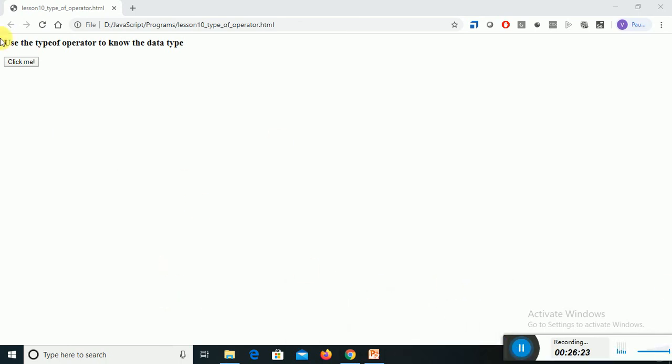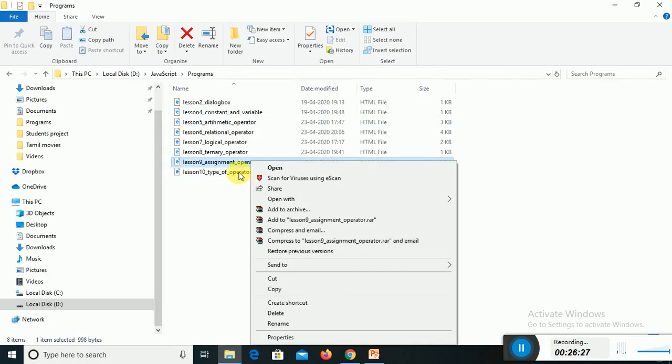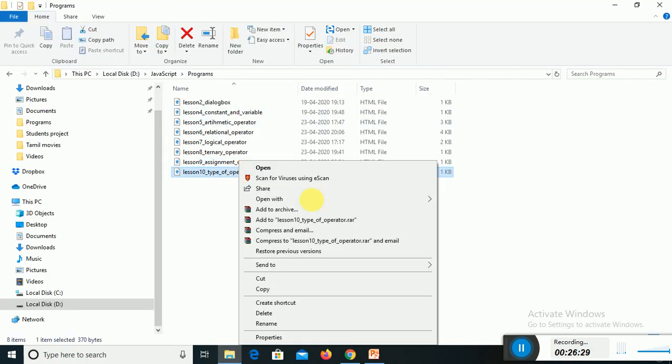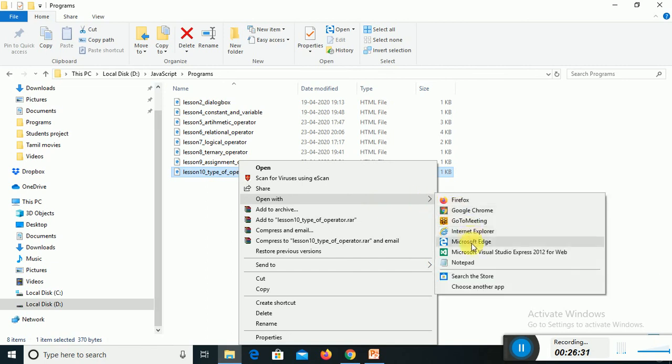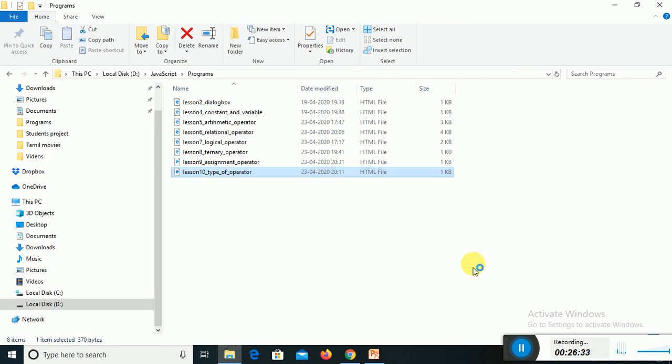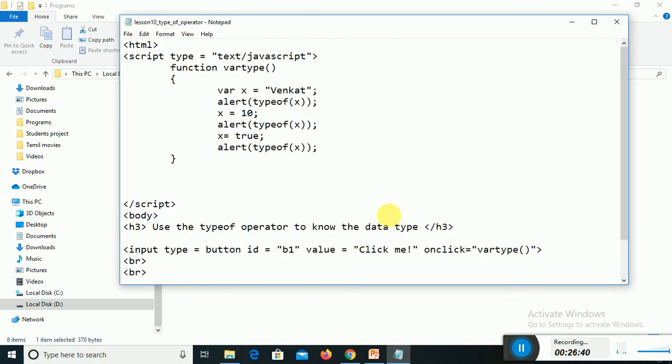I click OK now, it says it is a number, because the value of x is a number now. Next, I make this true. You know that true and false are nothing but boolean values. So now if I click here, it will return boolean, it says it is a boolean. So this is called the typeof operator.